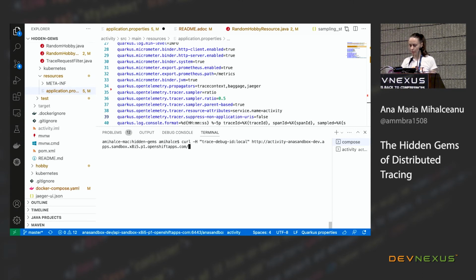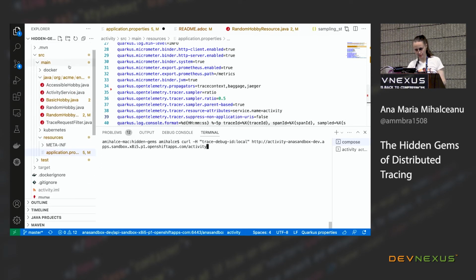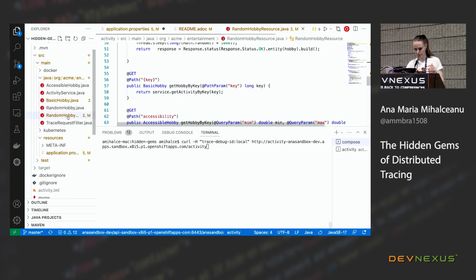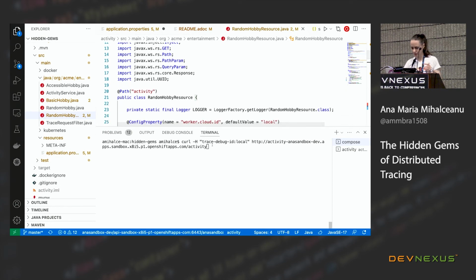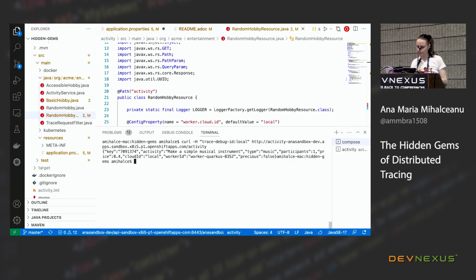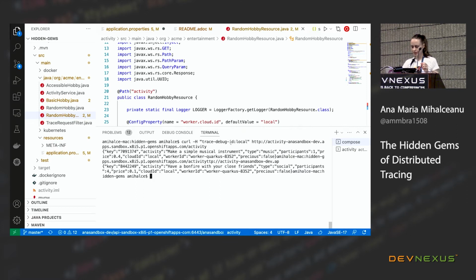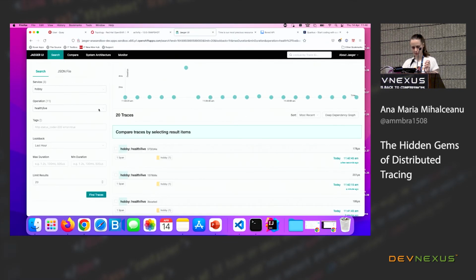Now my endpoint, and maybe it would be good to add activity to this. I hope that it's the right endpoint for it. Yes, activity. So let's trace this one. Okay, I get the response and everything's fine. What you see here with the trace debug ID, if I go to the Jaeger UI and go to activity and activity myself,